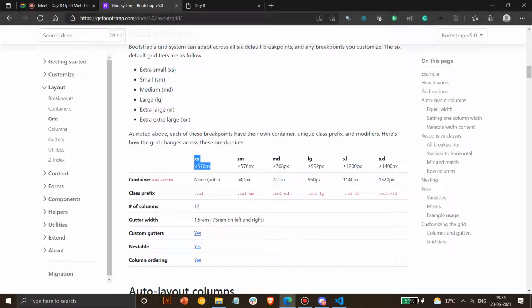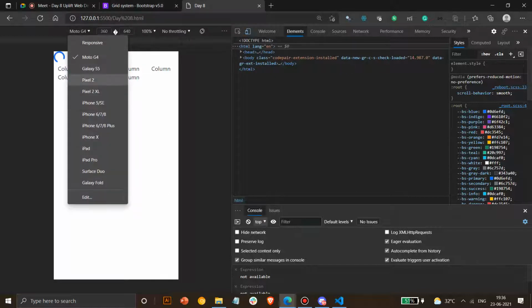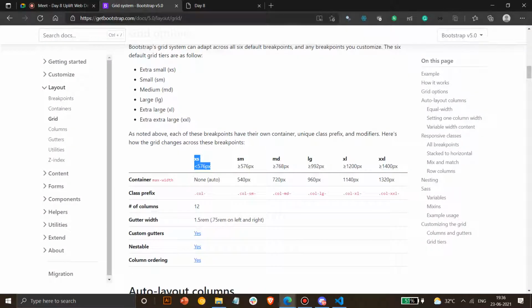XS devices are very small and you barely see them anywhere nowadays. No one uses them, they are very old. If you use Moto G4, Galaxy S5 and the Galaxy series or something beyond, you will be able to see that.